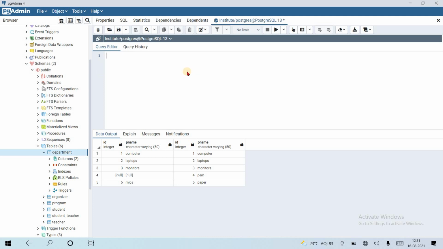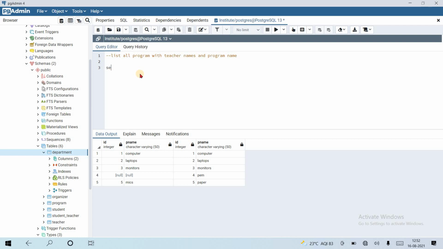Suppose let's see this with the help of an example. List all programs with teacher name and program name. So what do you guys think, which is the right table? List all programs means we want all the program names, so we need to use the program table on the right side of the right join.